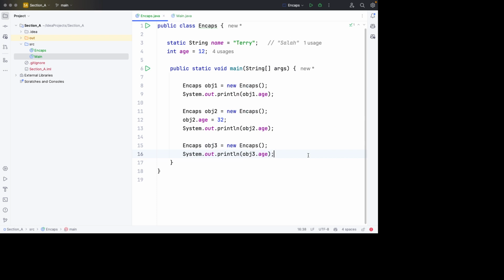Now in this case, after creating this first object, we are accessing the age field, which is this one. Initially it is set to 12, and then we are creating the second object and we are setting this field again using the second object. We are setting the field to 32. So here what we shall see is 12, here we shall see 32,